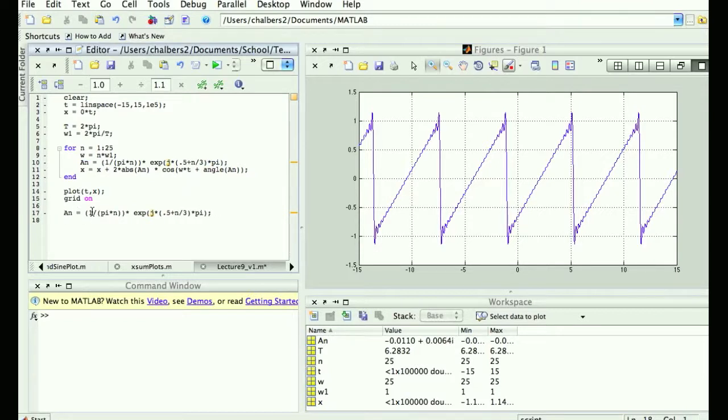So let's have n equals 1 to 100. Let me just sort of type this out, and then I'll kind of explain what I've done. Figure 2, clear figure, stem. Let me just type this out. It's easier to type and then I'll come back and talk. Stem and